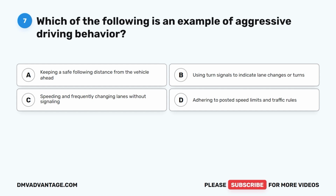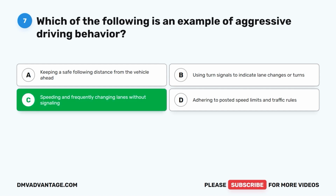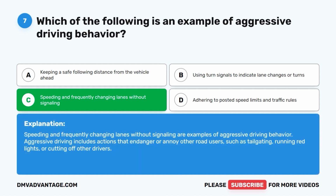Speeding and frequently changing lanes without signaling. D. Adhering to posted speed limits and traffic rules. The correct answer is C. Speeding and frequently changing lanes without signaling are examples of aggressive driving behavior. Aggressive driving includes actions that endanger or annoy other road users, such as tailgating, running red lights, or cutting off